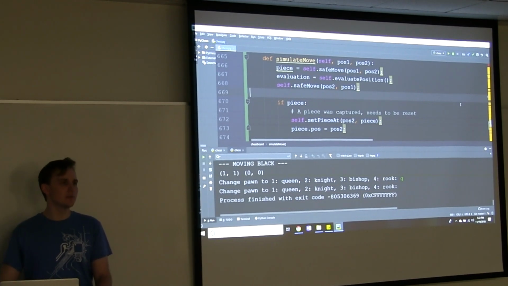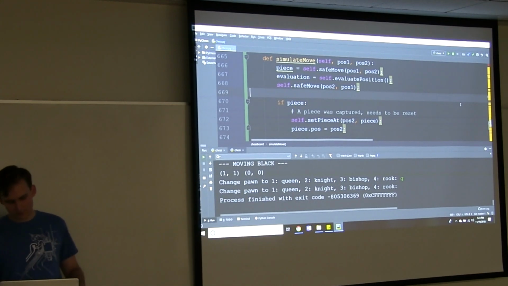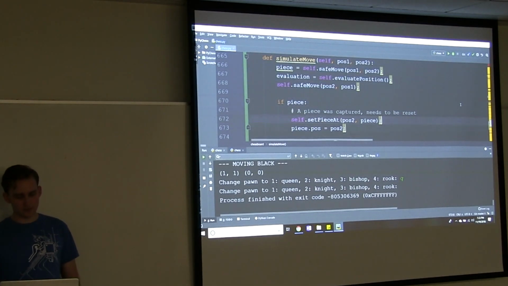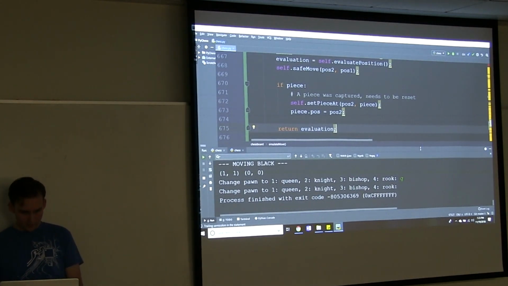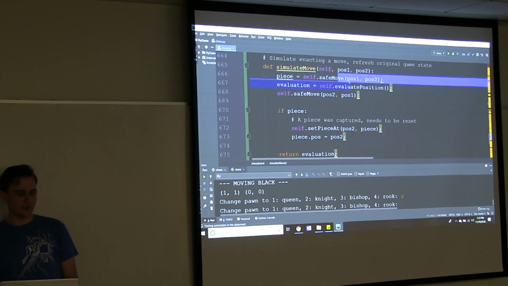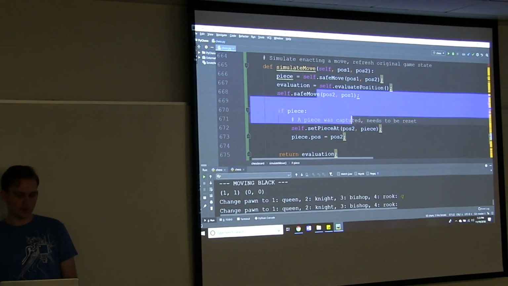Did you find a problem? No, I missed updating the position. Oh, okay. And then you don't reevaluate after you update the position? No, so you just return the evaluation? Yes. Sorry, we can't capture all of it quite yet. Yeah, we only want to evaluate after the first move, and then the rest of it is just undoing what we just looked at. Undoing, okay.